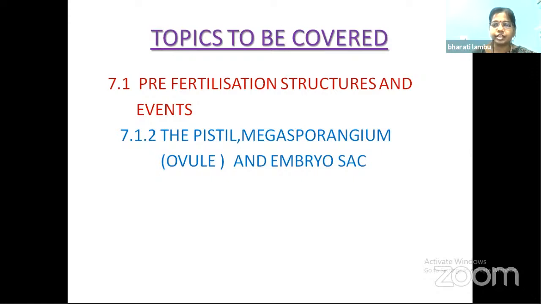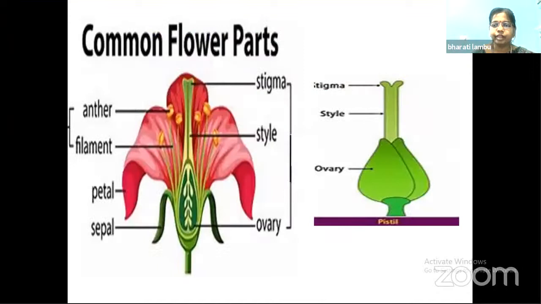The flower is generally developed on the swollen part of the pedicel called the thalamus. Thalamus is also called the torus or the receptacle. On the thalamus, the floral structures are present. This flower is considered to be a modified shoot. In the modified shoot region, if florigen is available, only then will the flower primordium develop and bloom into the flower. So the flower consists of 4 whorls.